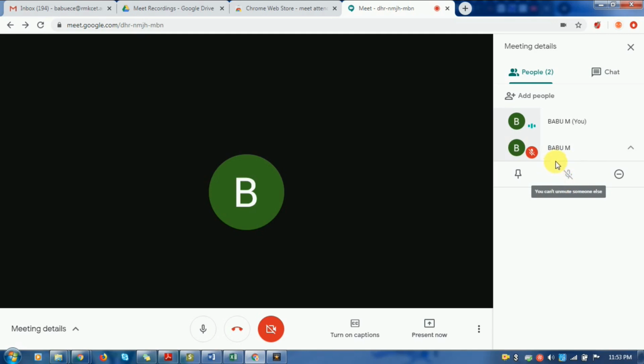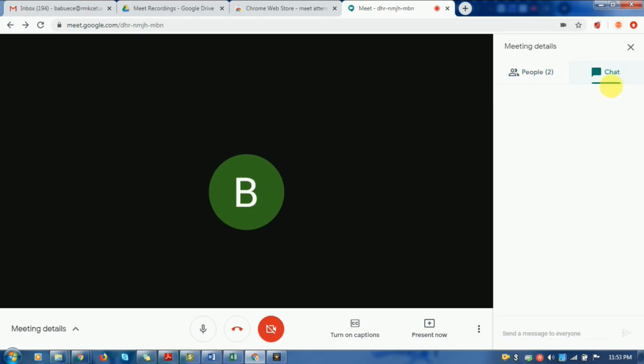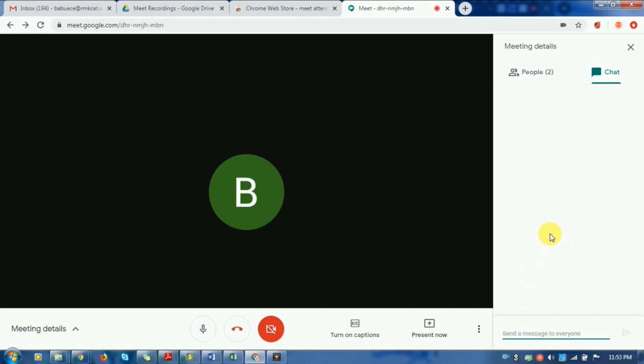So you can give the instruction that they stay muted till the end of the session. Sometimes some annoying participants will be there, and they may not listen to you. At that time, if you want to remove them from the chat room, you can remove them using this particular icon. This chat window is very useful without interrupting the host. If anybody wants to raise a question, they can type their questions here. By seeing that question on the host side, the host can answer it without any interruption.